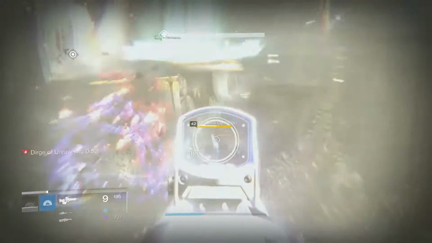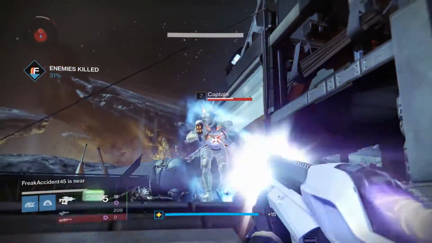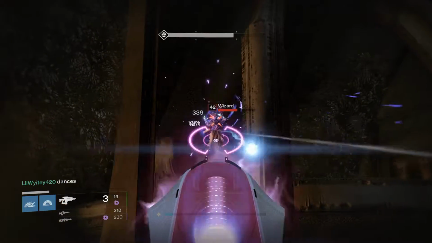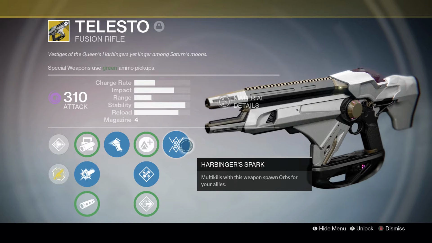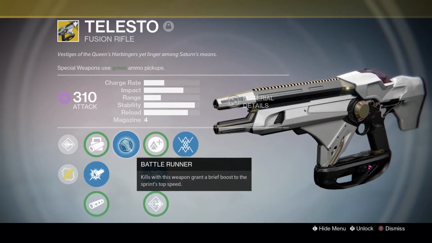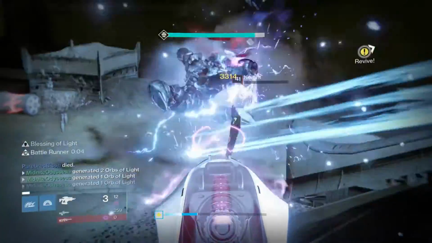The variety of scopes make it useful in short and long range situations, and let's just face it, we all know Scout Rifles are probably the best overall weapons in the game. For my special weapons, I run a combination of the Telesto and the Defiance of Yasmin. The Telesto works great for heavier adds such as Majors, and of course its ability to generate orbs with double kills. The Unplanned Reprieve and Battle Runner perks make it great for hit and run kills during the add phases